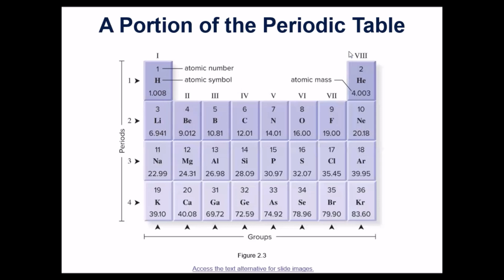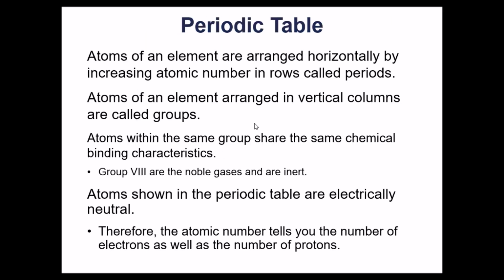And group 2, 3, 4, group 8, these are what are called the inert noble gases. They're very inert. In other words, they don't react very much, if at all, and so they have very similar properties from each one: helium and neon and argon and krypton, and there's a few more on down. But they are arranged based on certain characteristics, and that's kind of what all of this is telling you right there. You can kind of go back and look at this in the notes there.